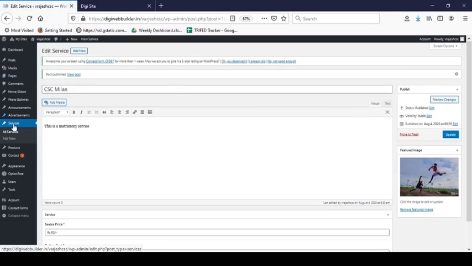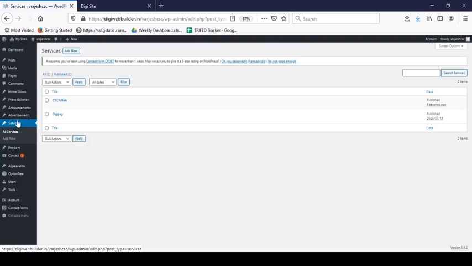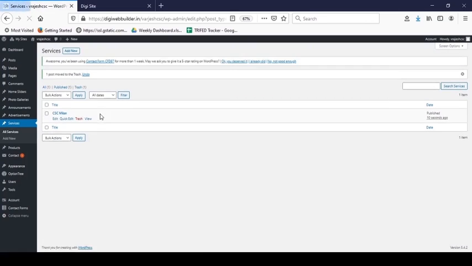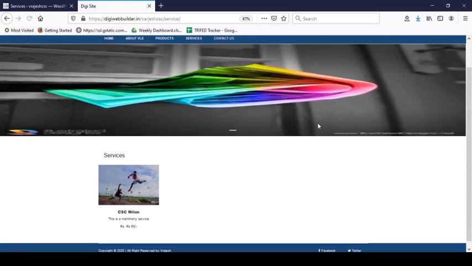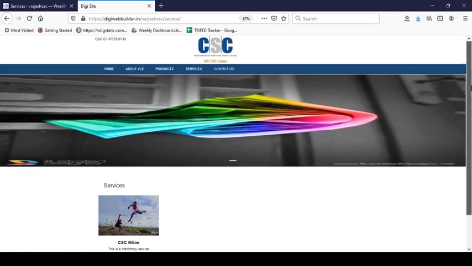To remove any service, go to the service tab, click on trash. To check the update, go to the website again, refresh your site. You can check the changes have been updated.